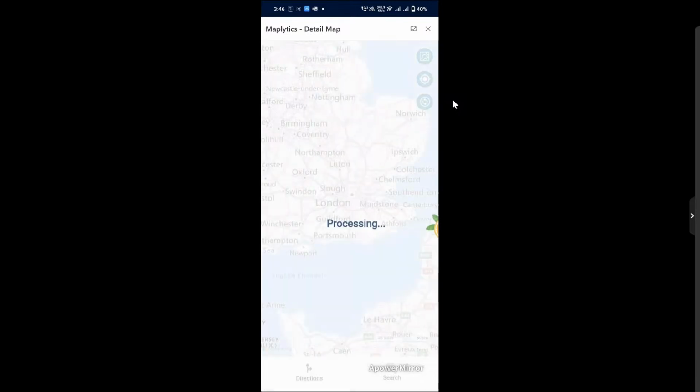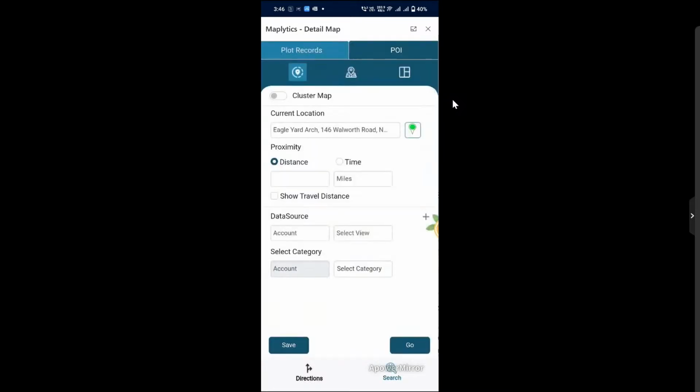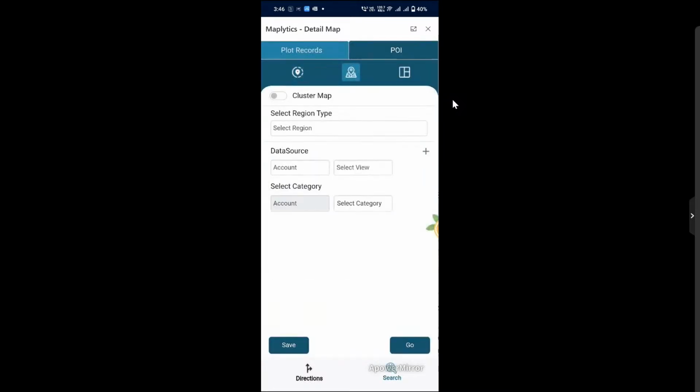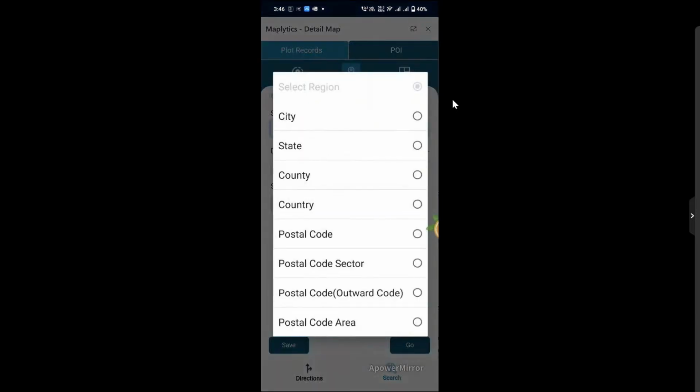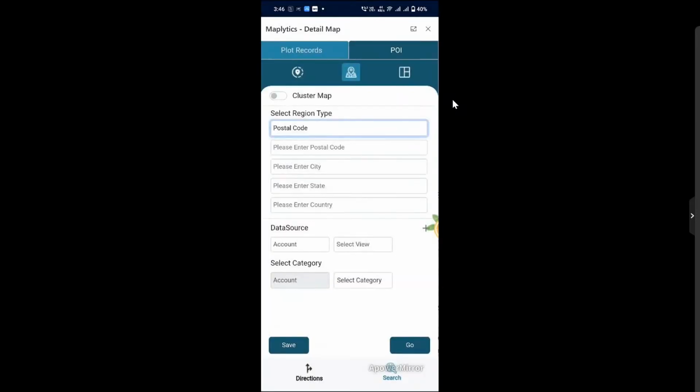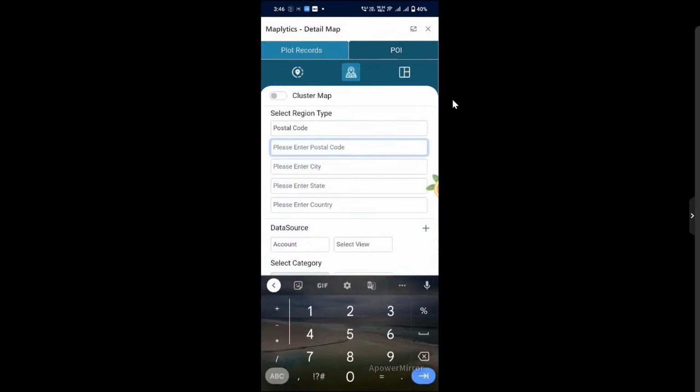Now let's move on to some more features over here. The next search criteria is the by region option. The by region option basically allows you to plot any type of region that you want: city, state, county, country, anything that you want. So let's say I'll go for postal code, and here I'll just type some of the postal codes that I want to plot over here. You can put comma separated postal codes like this,